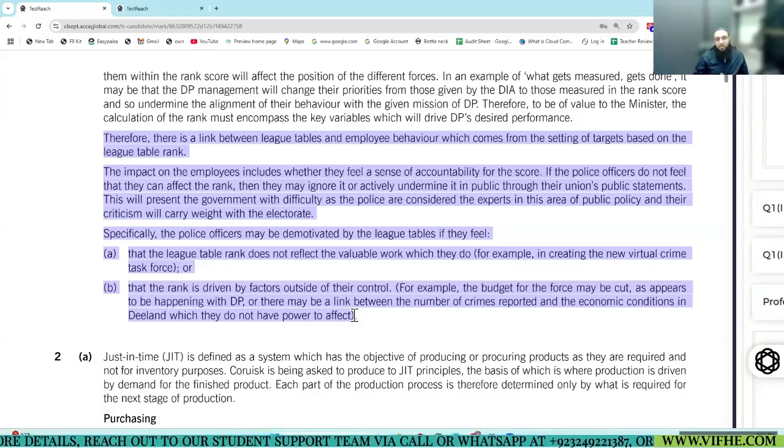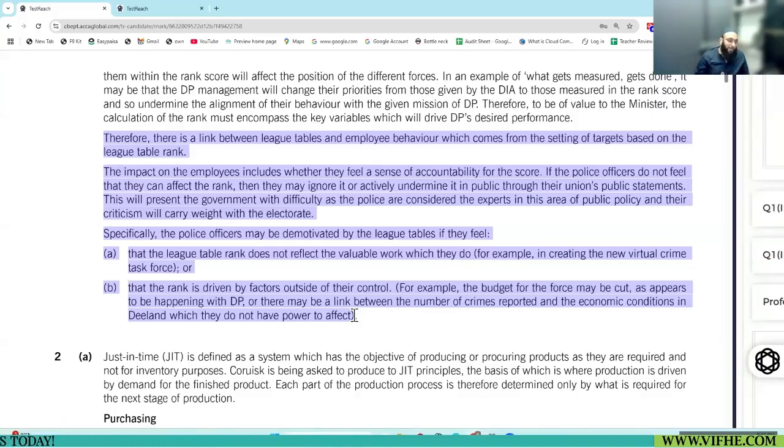Similarly, if they think their work, their effort, doesn't have too much impact on the final result of a league table, again, they will not push themselves. So there are questions: number one, how much value adding work they do that adds to the league table; number two, how many things are under their control for which they are being assessed.